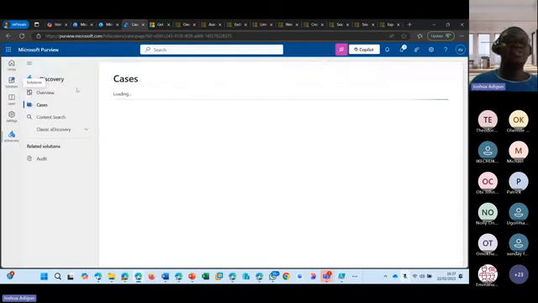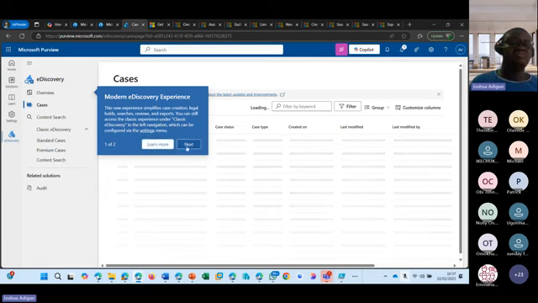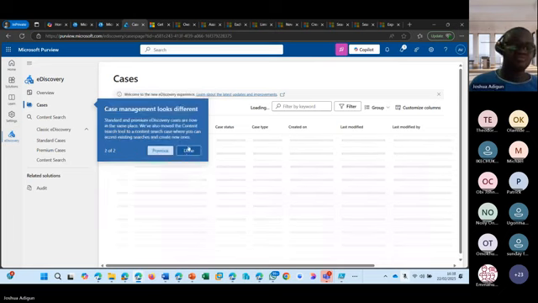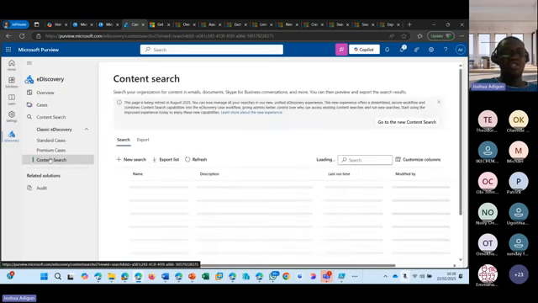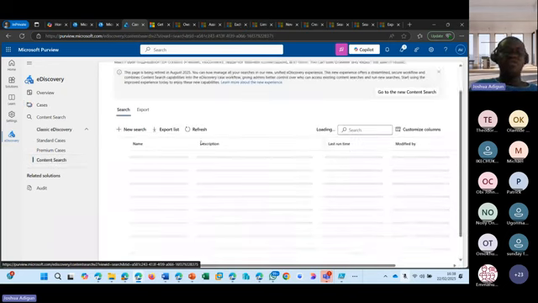eDiscovery, and under eDiscovery, I would see the classic eDiscovery. That's where I have the content search. We have premium cases, we have standard cases. For premium, you would have to be assigned the E5 to be able to perform anything under the eDiscovery or content search using the premium, right? So well, let's go with the standard classic one. Click on content search, and then you are presented with this page,